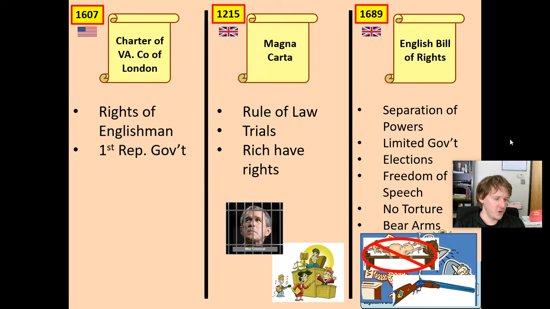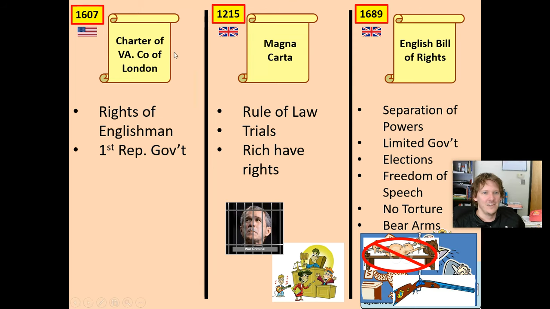Then we also talked about the Charter of the Virginia Company. Is this all review? Yeah, we're going to do some review first. Get used to it because there are a lot of ideas and many documents that we have gone over. The only way that you're going to remember them is if we go over them and over them and over them. Sometimes you have to suspend the right of your freedom from torture. We're going to torture you a little bit, but it's for your own good.